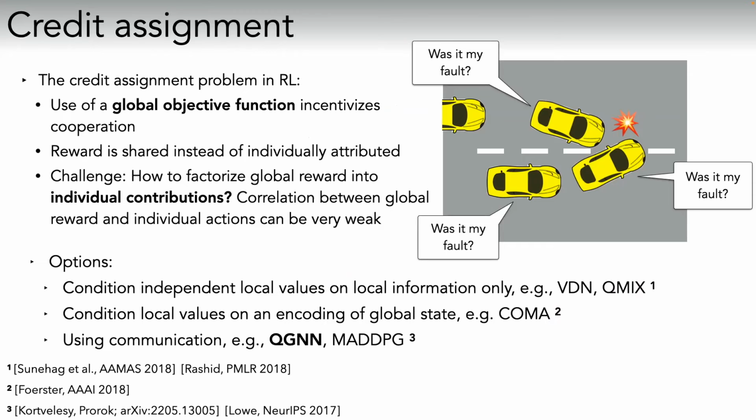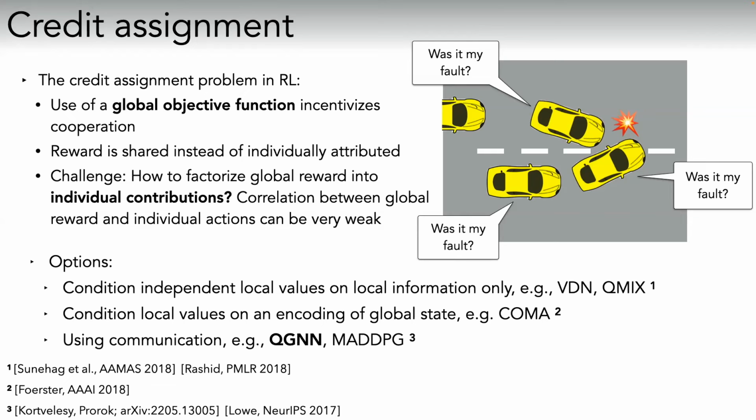Another problem that is difficult in multi-agent research in general is the problem of credit assignment. And actually, credit assignment is a much bigger problem that has been tackled also in fields of management research and logistics and so on. It's a really important problem because it simply says if you have an observation of how well a system is doing, and that system is composed of multiple actors, how do you decide how you're going to reward your actors? How does a company decide how it's going to distribute bonuses amongst its employees? How do you decide in a traffic accident whose fault it really was? Because it was actually multiple agents doing something, right?